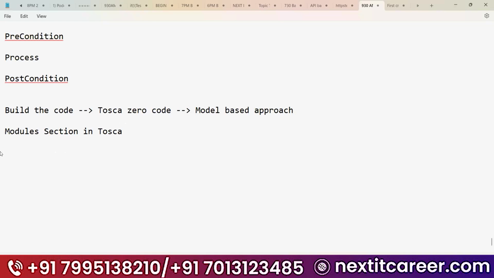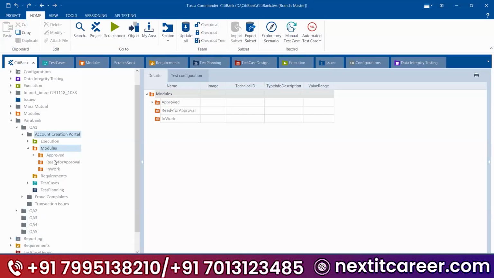But see how interesting it is. I want to complete this precondition, process, and post condition. Before that, I want to build the code. In order to build the code, I need to know the module section. This is what we need to understand and play around with. Till now, we have understood how to build this folder structure.